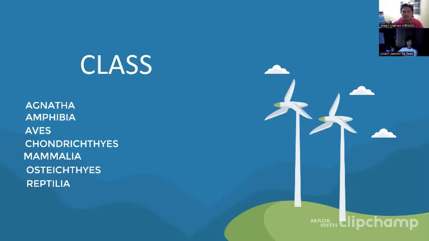Next one is Amphibia, which are frogs and salamanders. They were the first land vertebrates. Their eggs have no eggshells, so the sperm can swim through the water to the eggs. The next one is